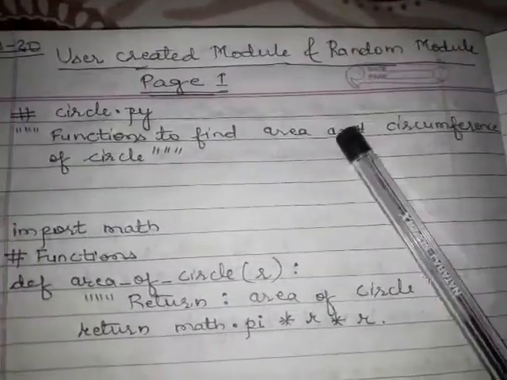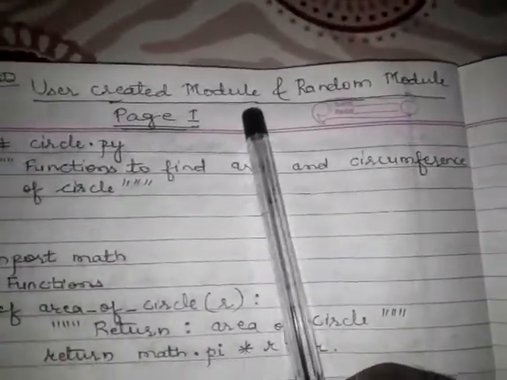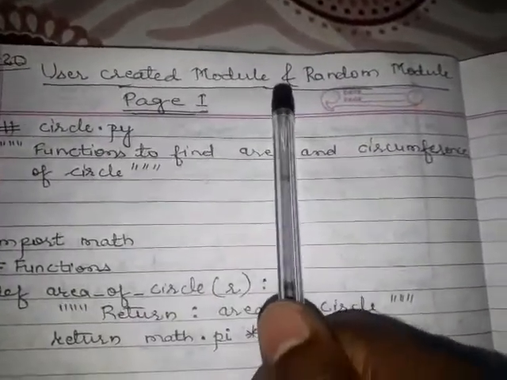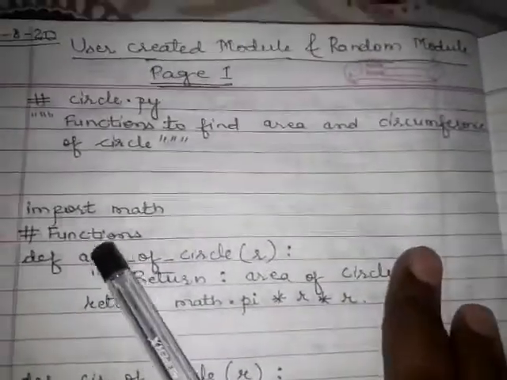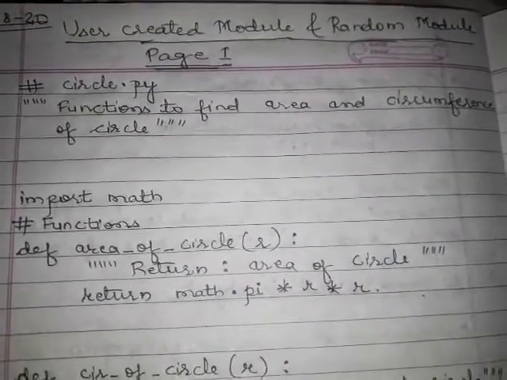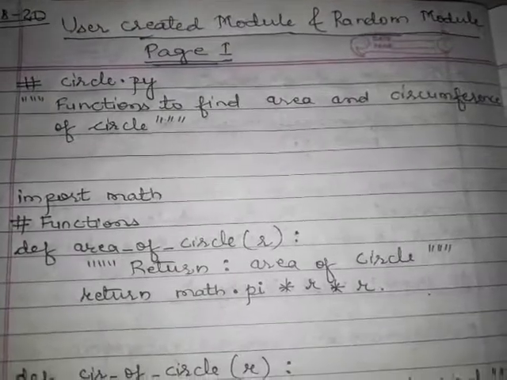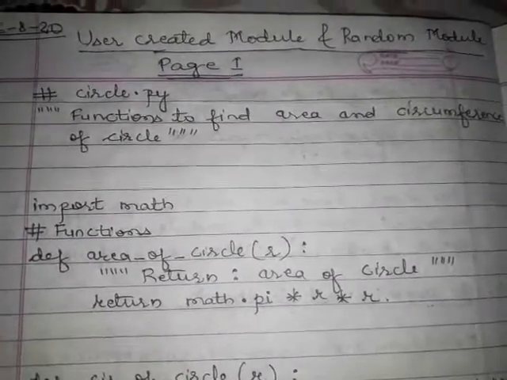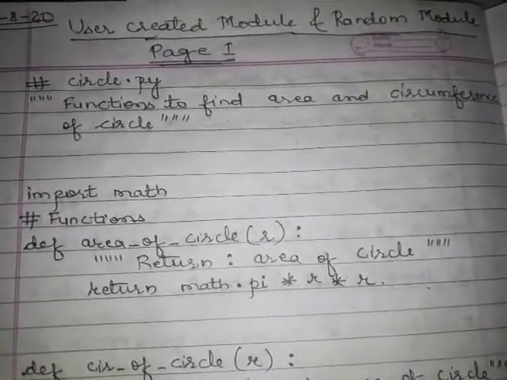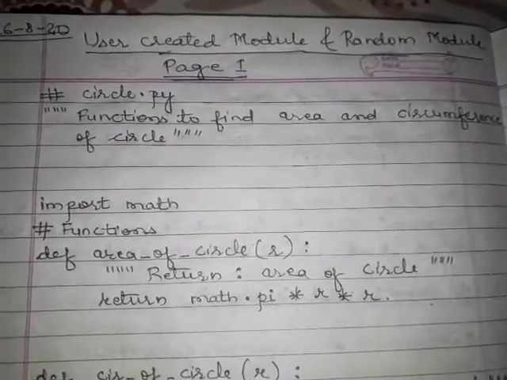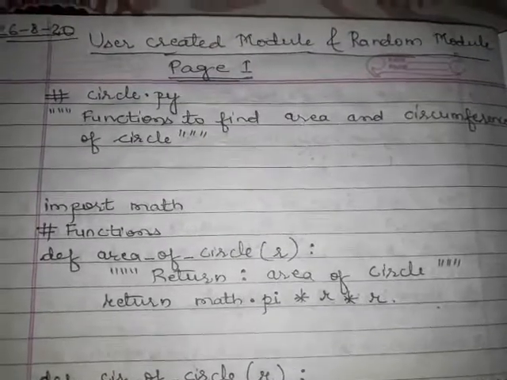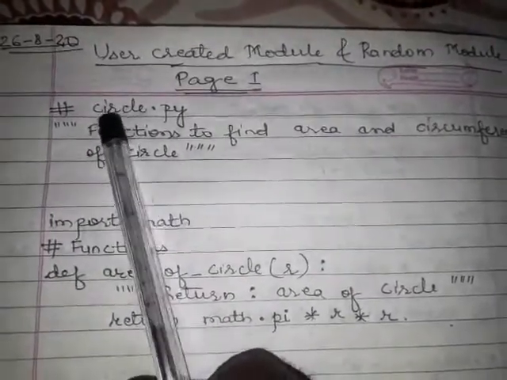Now, today we will discuss how to create a module and a random module. First of all, how to create a module. Suppose we want to create a module which calculates the area of the circle, in which there are two functions: one which calculates the area of the circle and another which calculates the circumference of the circle. So the way to create the module which contains both these functions, and how to use this module, we will discuss. Suppose we made a module